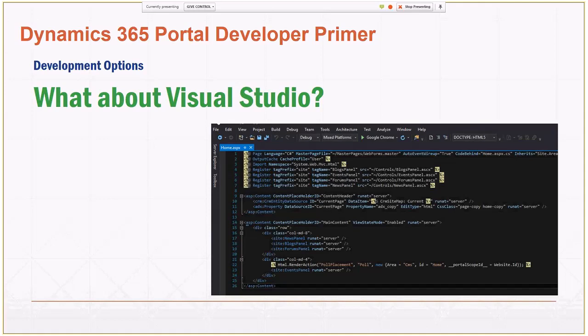So those page templates, the ability to do that is one of the features that is not currently in the CRM Online portals. I know that if you go to the CRM Idea site, I like to point people there, there's a vote that up, so we have that ability. We hear different things. I know there's a few things in the works coming from the Microsoft Portal side, but at this point, we can't create those custom ASPX page templates. However, you still can create web apps and things like that, as I mentioned before, and tie it into portals.